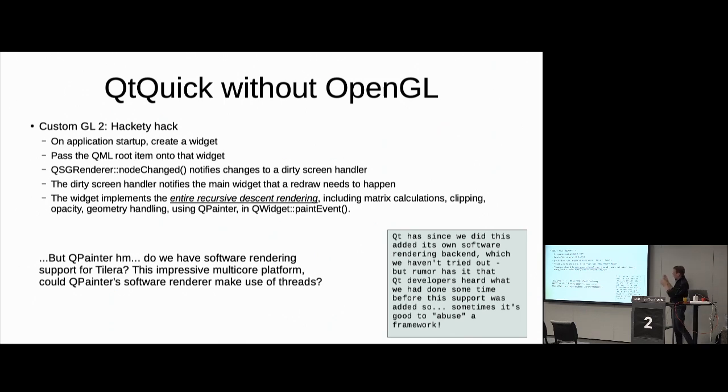This slide and how we did software rendering for Qt has since become a part of Qt. When we did this, there was no software rendering, but it became part of software rendering. Some of the people in Cisco talked to some people in Qt. Maybe we inspired each other, I don't know. But this is something that these days you wouldn't have to do. However, the threading part, I think, is still interesting.